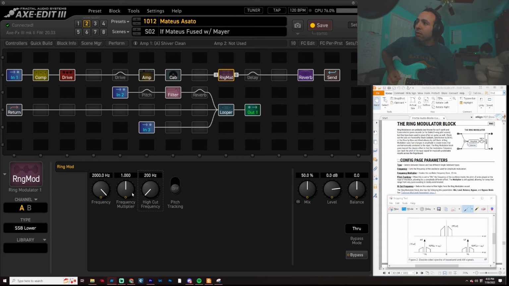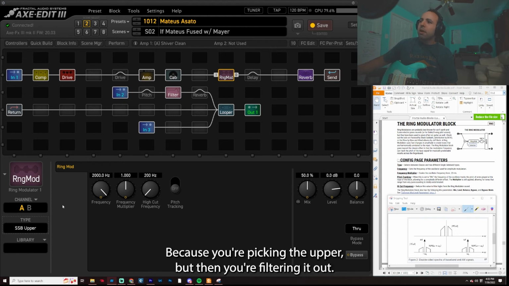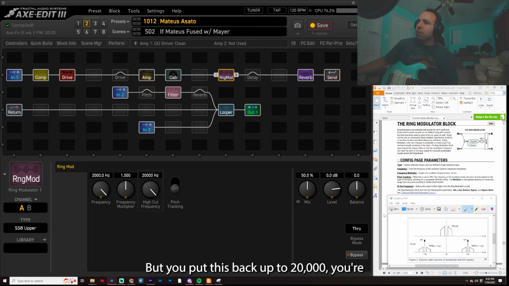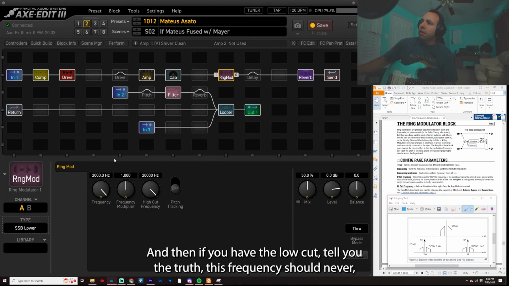Because we want only the lower. And then the upper, that's almost the original signal, right? Because you're picking the upper, but then you're filtering it out, so you're getting rid of any sort of artifacts from that modulation. But you put this back up to 20,000, you're bringing them back. Add the lower. And then if you have the low cut,